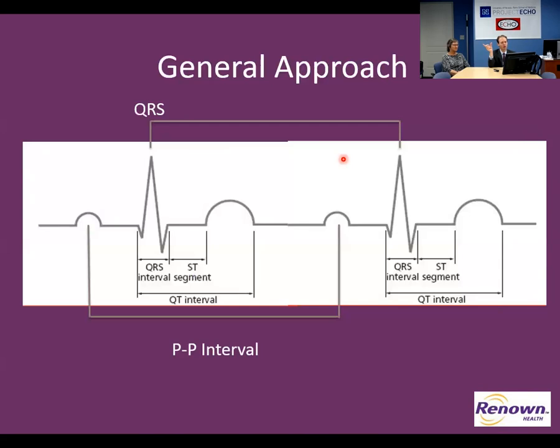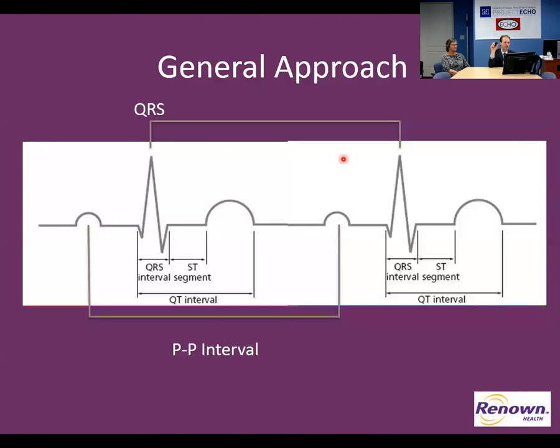The QT interval should be in the context of the RR interval, which is a corrected QT, or QTc. And generally, when you correct the QT interval, which we'll talk about in a different talk, that should be less than about 460 milliseconds. Very short QT intervals also could be arrhythmogenic, perhaps less than 400 milliseconds. So that's generally going to run 400 to 460 milliseconds. If you have a bradycardic rate, then you don't correct it, you just take the raw QT interval.